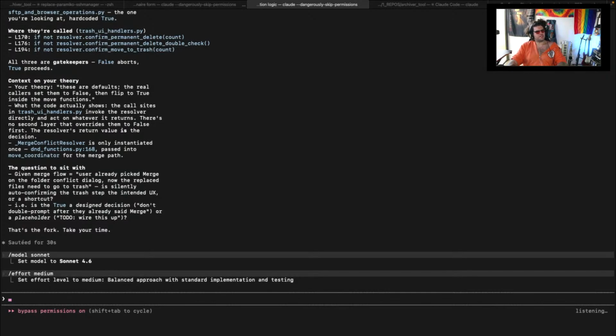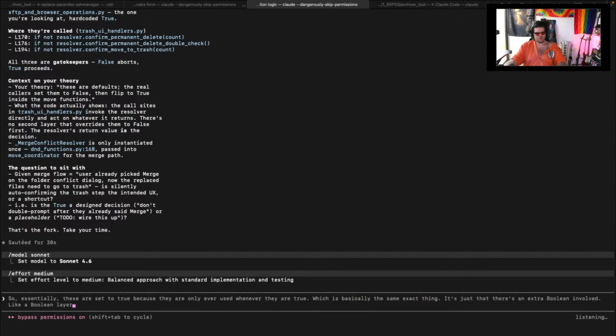So essentially these are set to true because they are only ever used whenever they are true. Which is basically the same exact thing, it's just that there's an extra boolean involved. Like a boolean layer where the logic already dictates that it's true when the decision has been made, and these functions are only ever called when that's actually true within